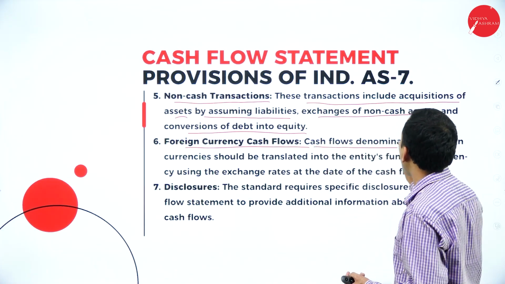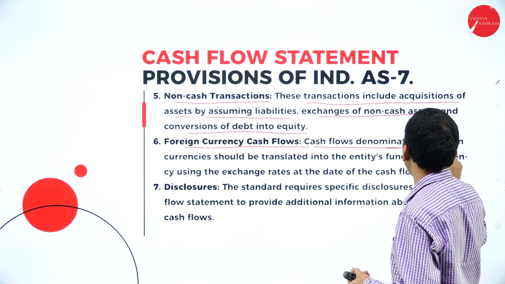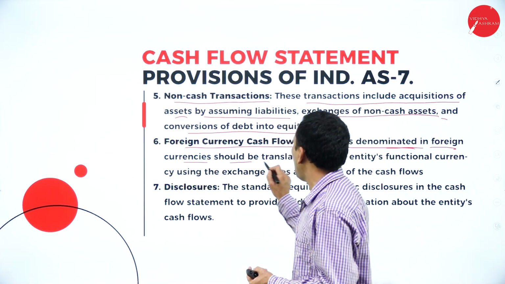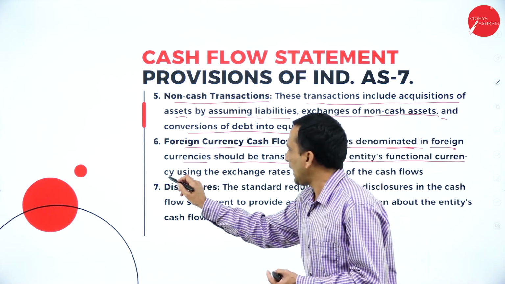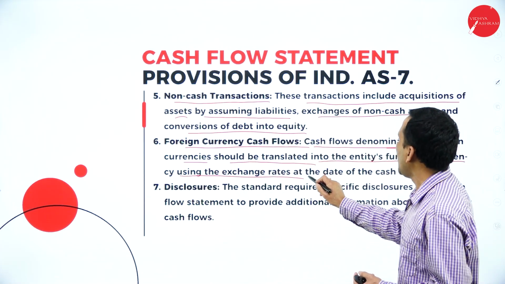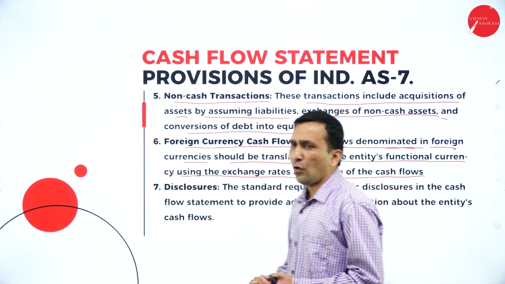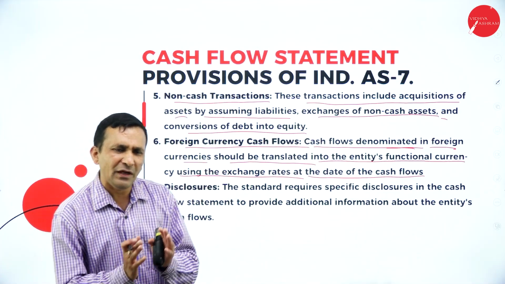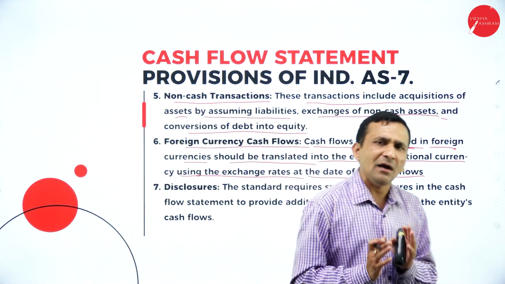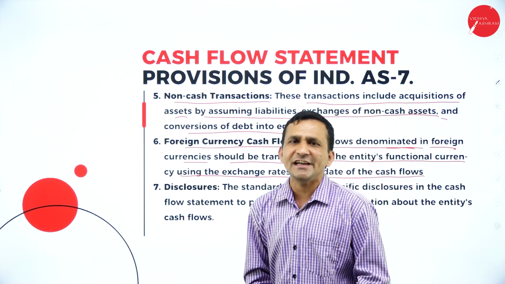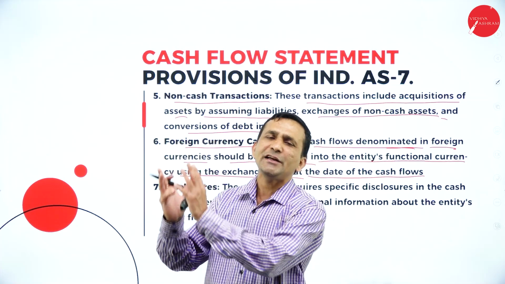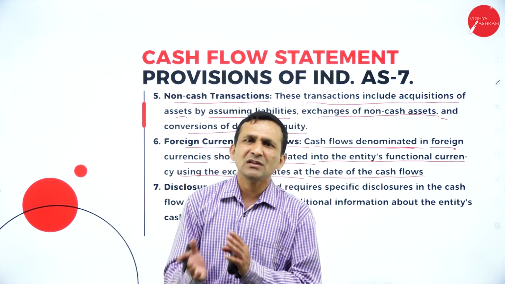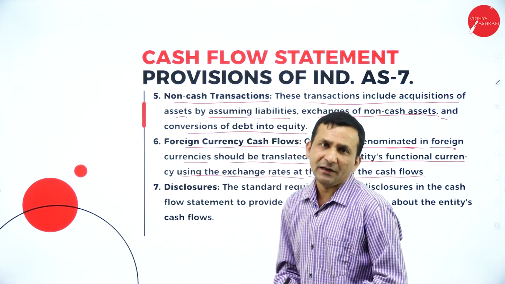So the cash flow denominated in foreign currency should be translated into the entity's functional currency using the exchange rate at the date of the cash flow. For example, when we are talking about an Indian company, if they invest in India, there is no currency variation. At the same time, if they invest in a foreign company, we find currency variations,